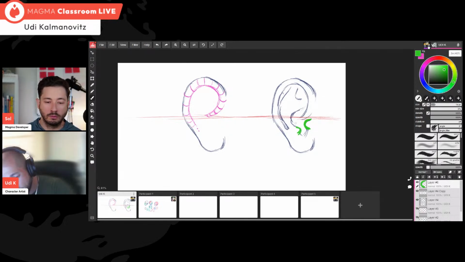Another thing to note is what connects those two bumps. I will use a different color for this one, but it's the same shape still. What connects those two bumps is this very steep dent,